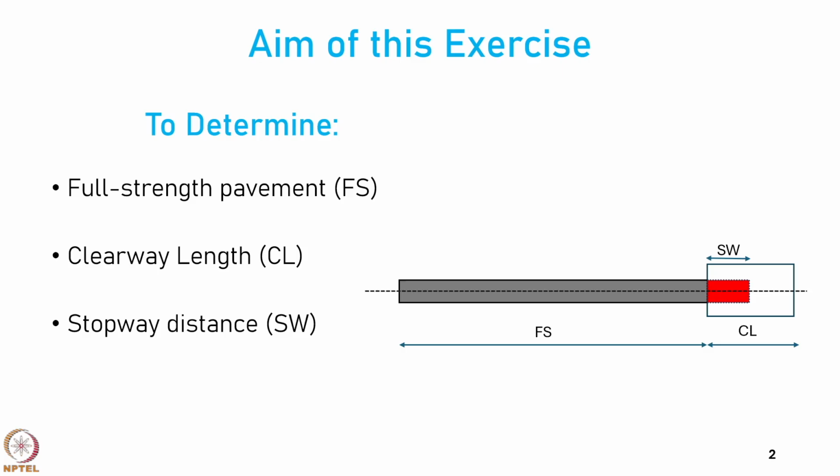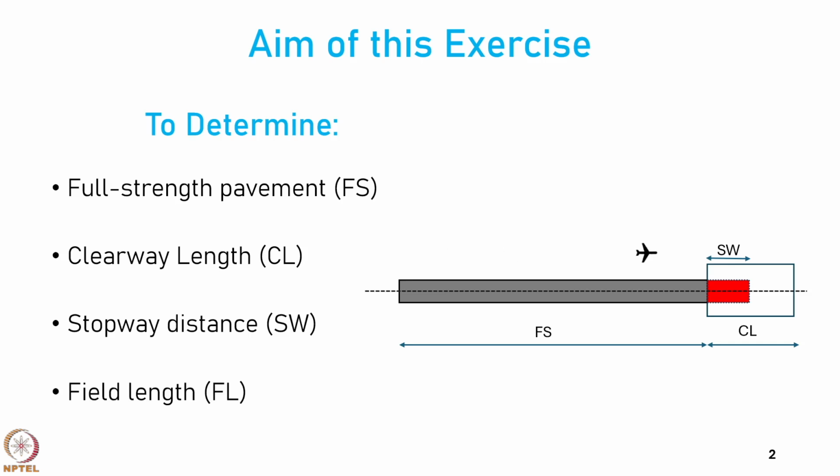There is also a small piece of land within the clearway called a stopway. Stopway is used only to hold the aircraft when there is an aborted takeoff. It is designed to contain the aircraft during the accelerate-stop maneuver, and therefore, it is used only during emergencies. It has no role to play in the landing.